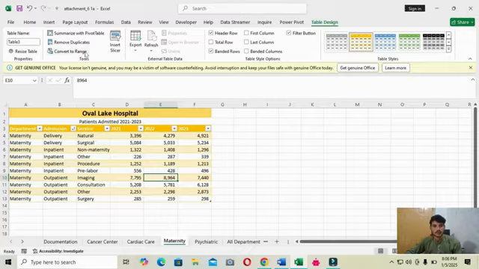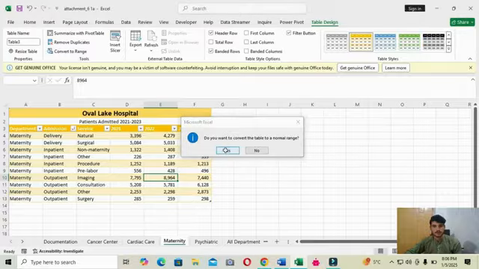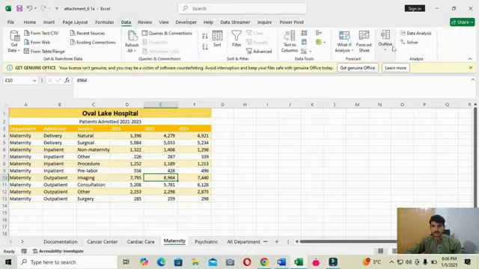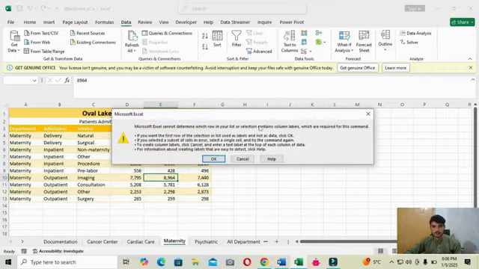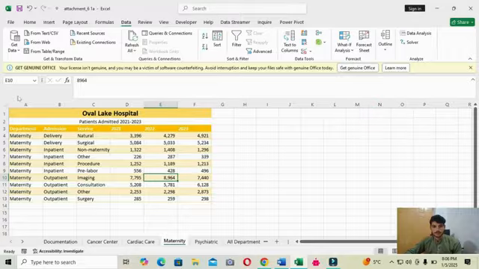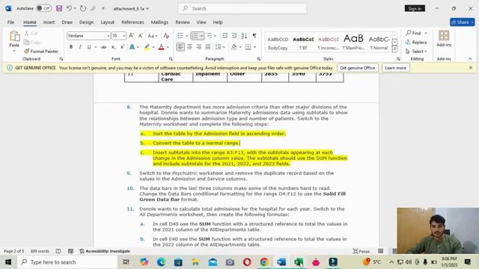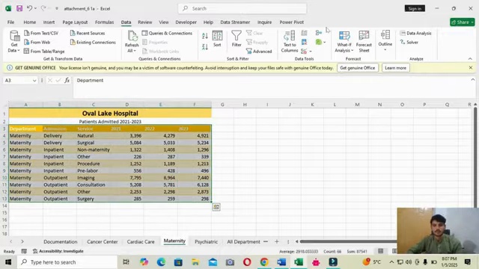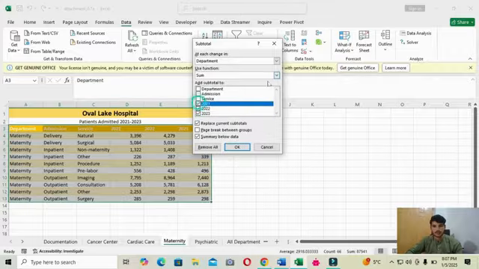Go to the Data tab and click Subtotal. And use the Sum function and click